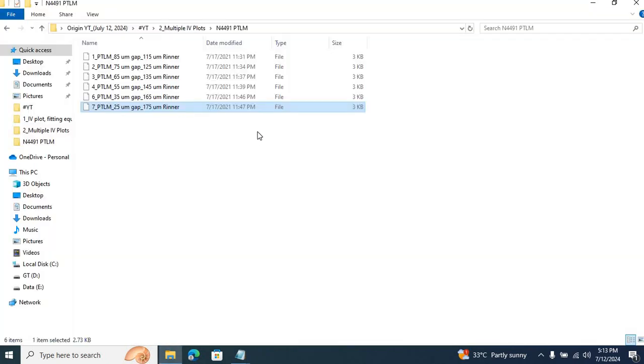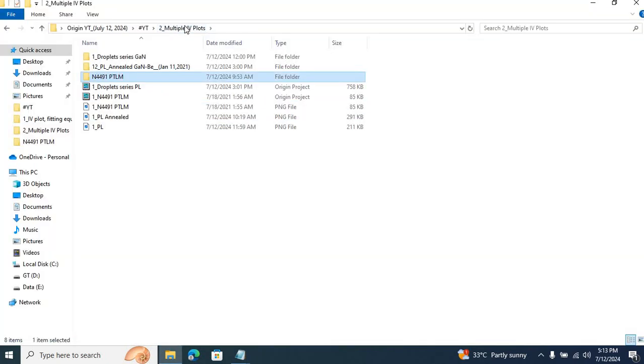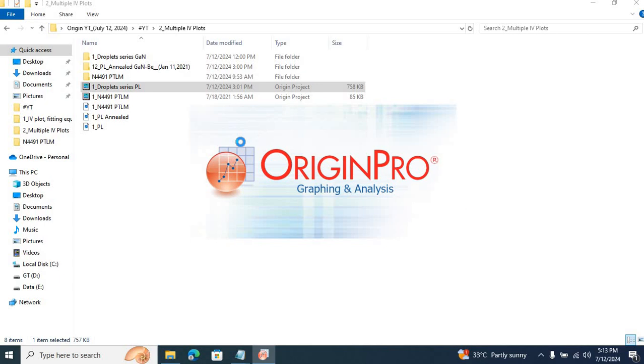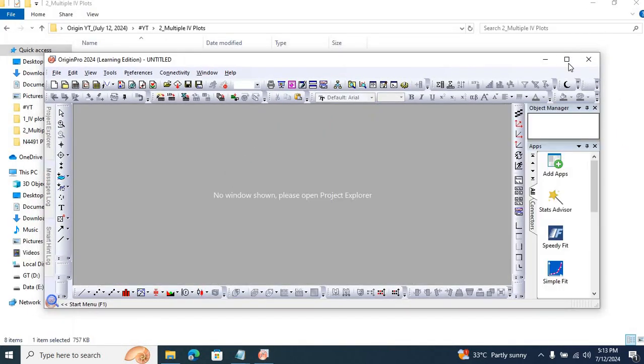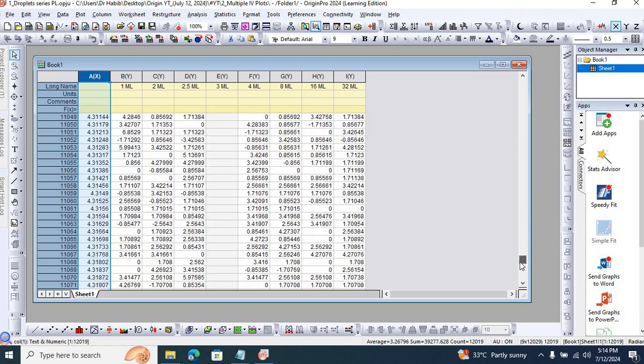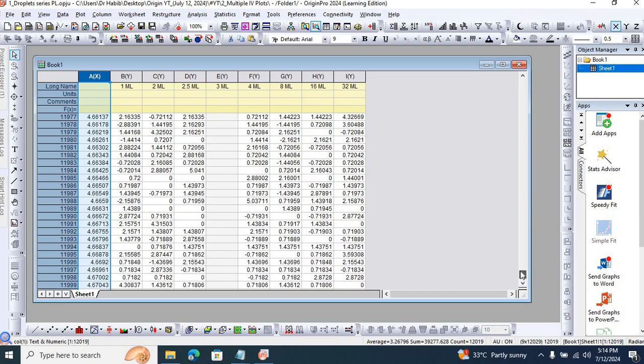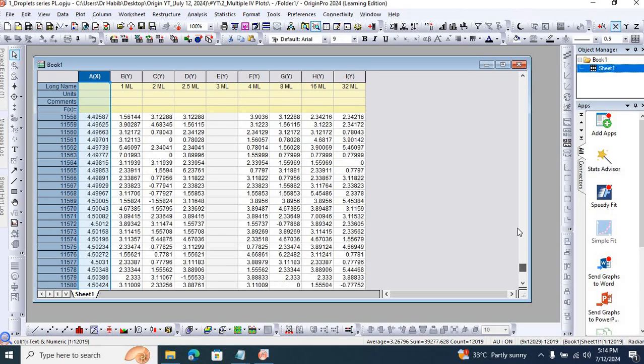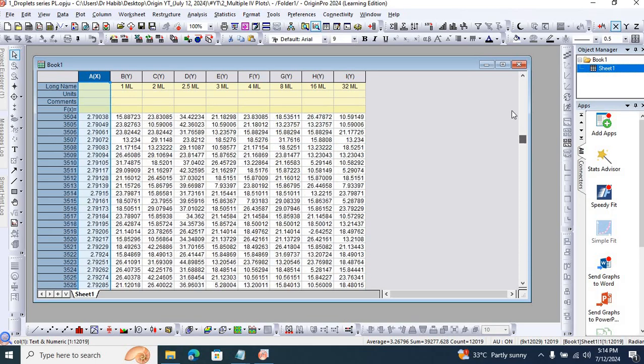So at this point I'm going to close this project. Now similarly I have performed similar measurements on other samples as well, but these are not IV characteristics. These are actually photoluminescence measurements. So here my independent variable is actually energy, ranging from 3.4 to approximately 4.7 electron volts, and